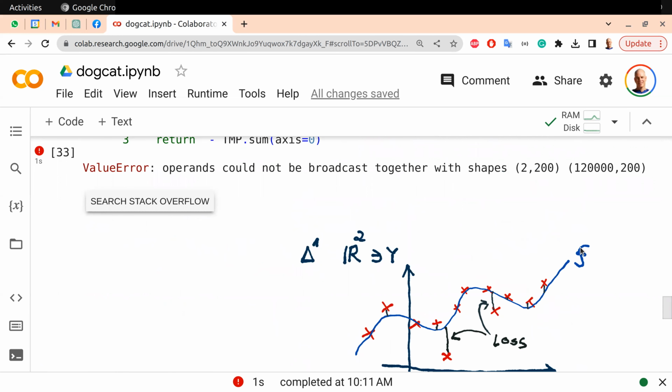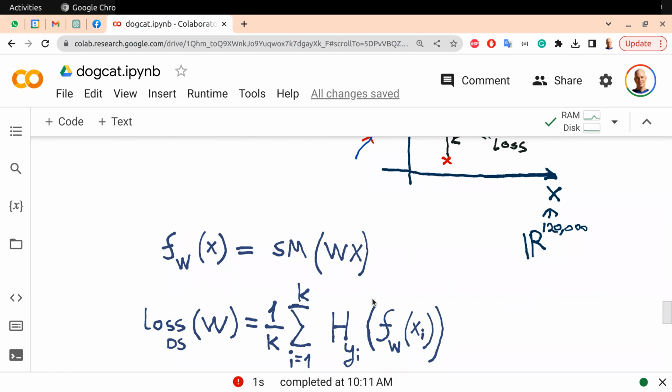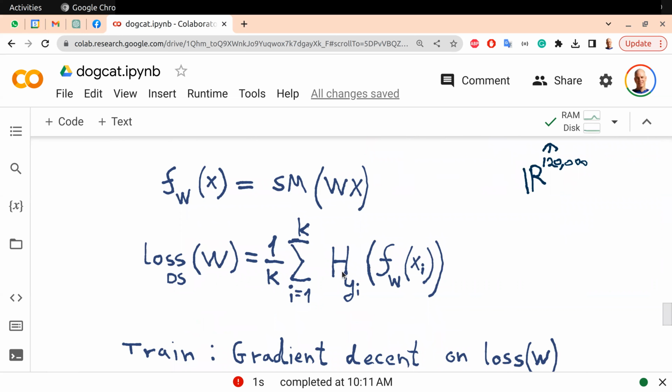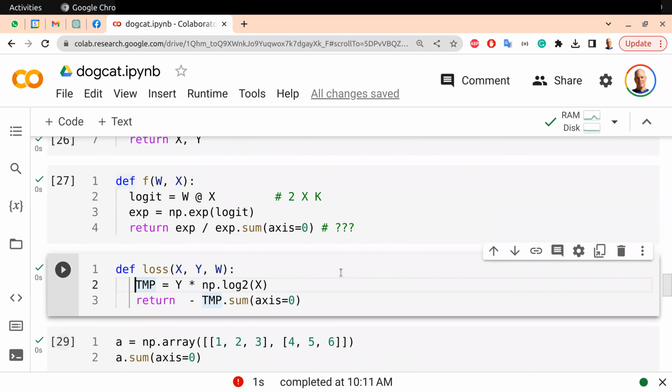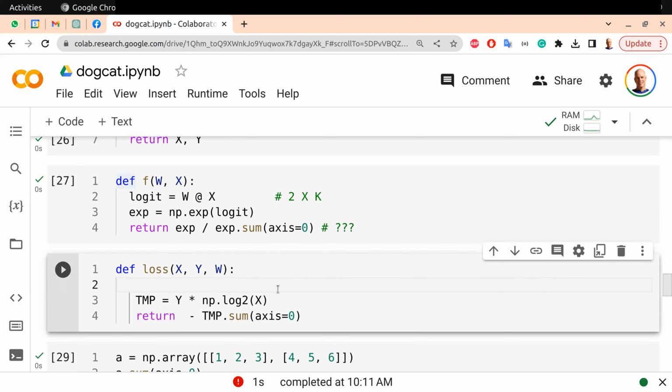Because first we calculate the value of F, and then we measure the distance between F and the Y of the sample. So this is actually a distance between Yi and F of Xi. But I forgot to write F here, so I need to add it. It doesn't make sense without it. Let's add it. So I will write F